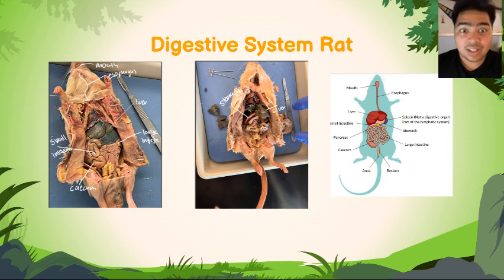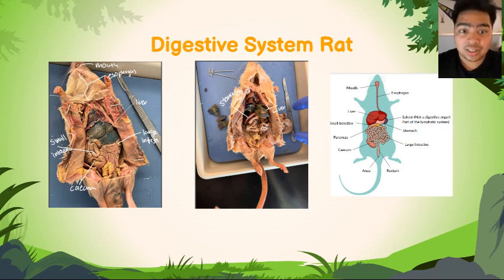The digestive system. The digestive system is used to digest food. The mouth is where digestion begins and where food is inserted. After swallowing, the food moves to the esophagus in order to get to the stomach. The stomach uses mechanical and chemical digestion to break food down further. After that,